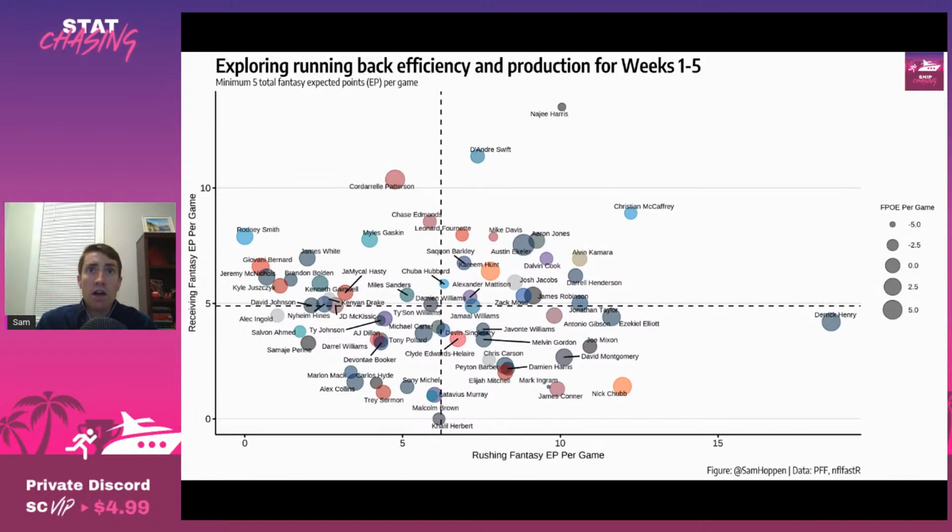So, if Gaskin gets even half of those combined 13 per game, that's putting him near the 20 opportunity mark, which would be huge. But Gaskin has proven to be the best receiving back because, again, he has 5 targets in every game except Week 4. So where does this leave us?